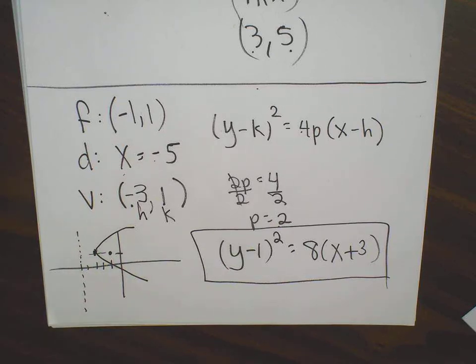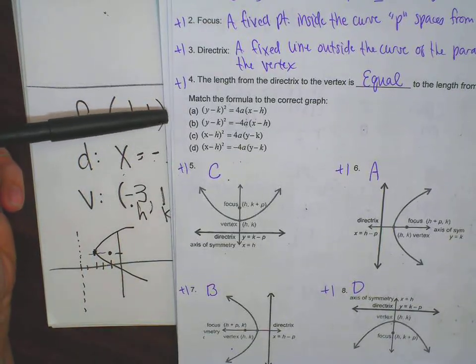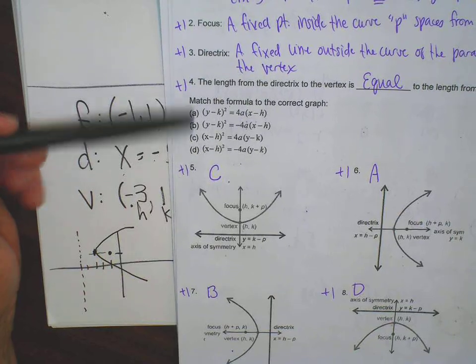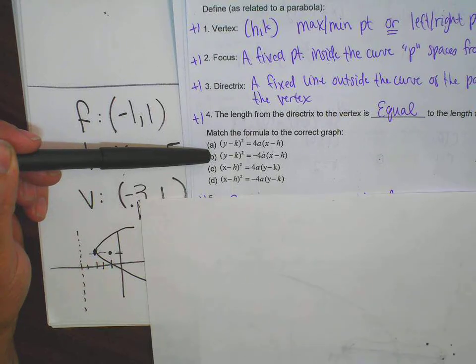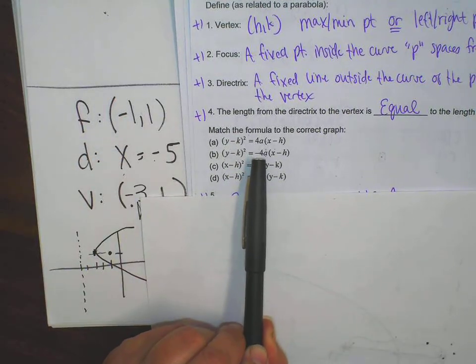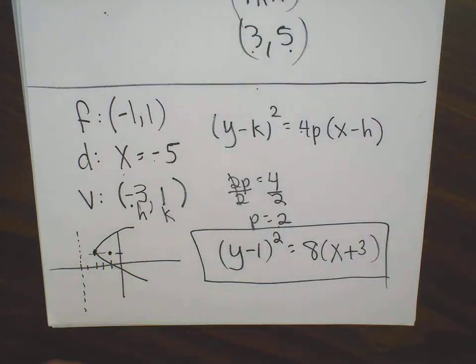Okay? All right, so I want you guys to do the second assignment in the packet. It's called Parabolas as Conics. You're doing 1 through 20. One thing on the packet: do you see the section where you match the formulas to the correct graph? Now that you've seen all the answers, this A is the same as saying what for us? We've been referring to it as P. Okay, same thing. All right, so work on that. Next time